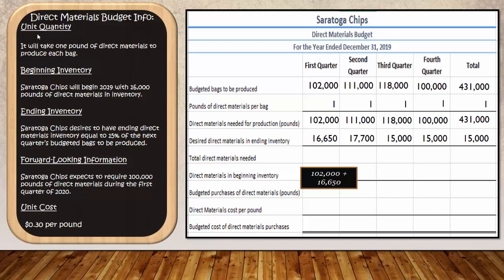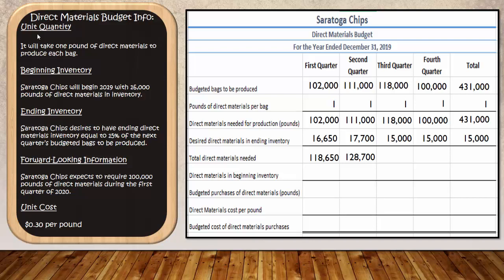In the first quarter, we need 102,000 for production, and we're going to add to that 16,650 pounds of direct materials we want to have in ending inventory, and we come up with a total of 118,650 pounds of direct materials needed. For the second quarter, same concept. We take our 111,000 pounds of materials needed for production, we add to that our 17,700 pounds of materials that we want to have in ending inventory, which means that our total direct materials needed during the second quarter is